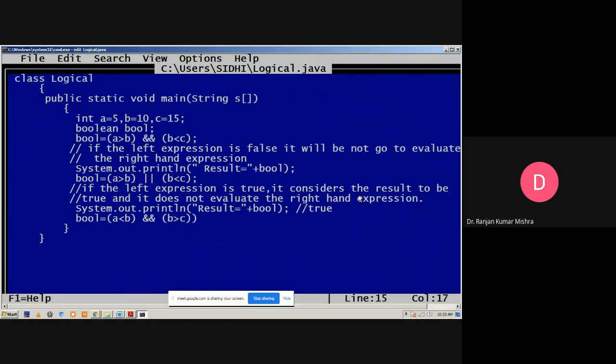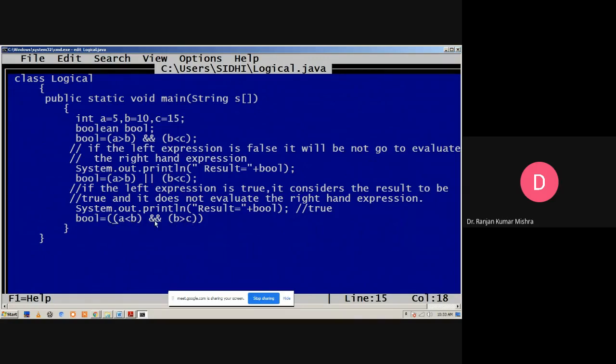What will be the outcome? Basically a less than b is true. If it becomes false, then we do not go for the next expression. Now it is true, so we go for the next statement. Then b greater than c, the condition is false. So here the condition becomes true and here the condition becomes false.